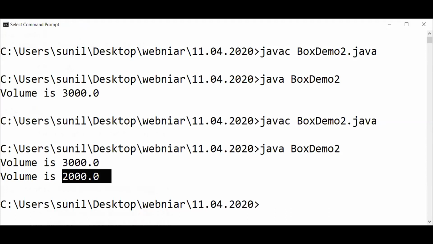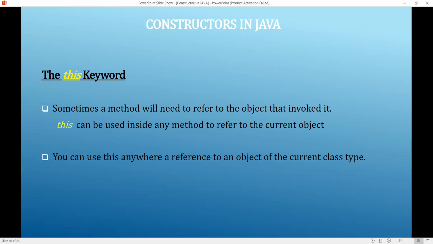Now I think it is clear what a constructor is and what a parameterized constructor is. So now let us go back to our PPT. Now I am introducing one more thing, the this keyword. What is the use of the this keyword?